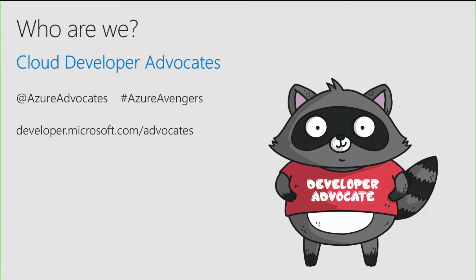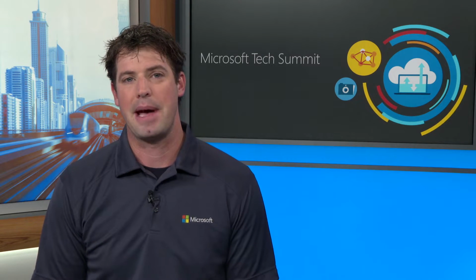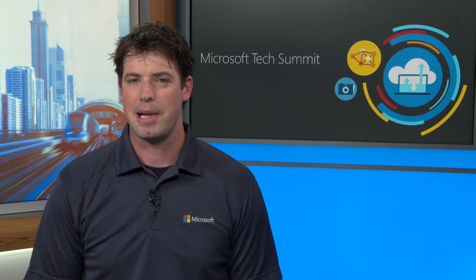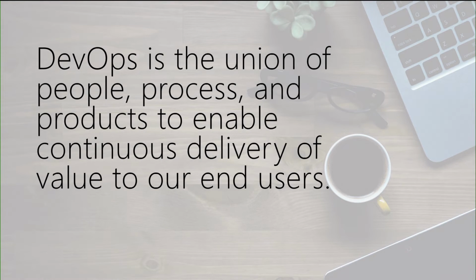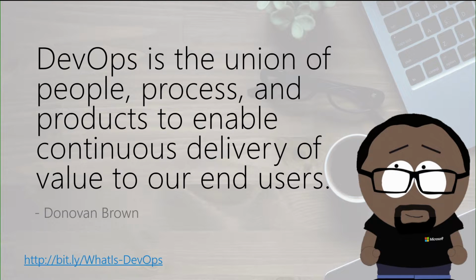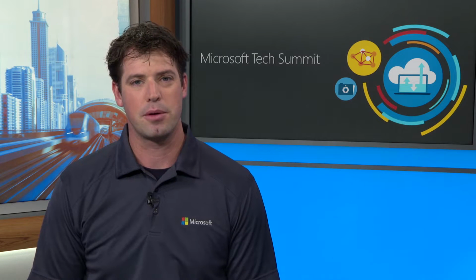Now today, we're going to be talking about DevOps. So probably a good place to start is talking about what DevOps is. At Microsoft, we define DevOps as the union of people, process, and products to enable continuous delivery of value to our end users. Now there's a lot of parts to this definition, but probably the most important ones are